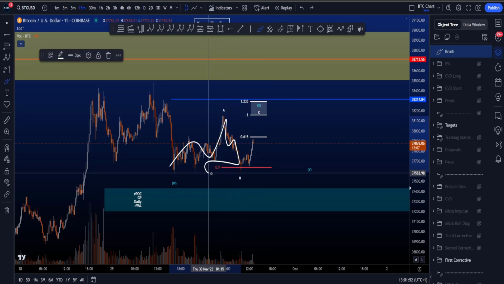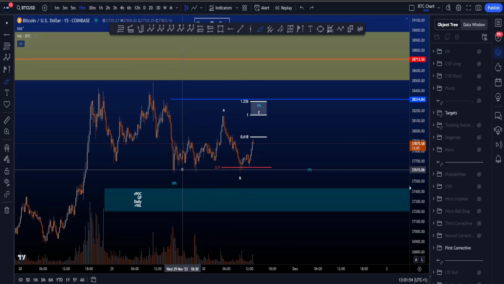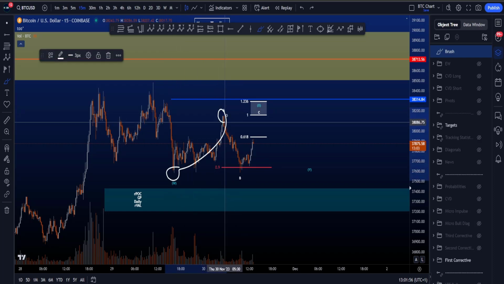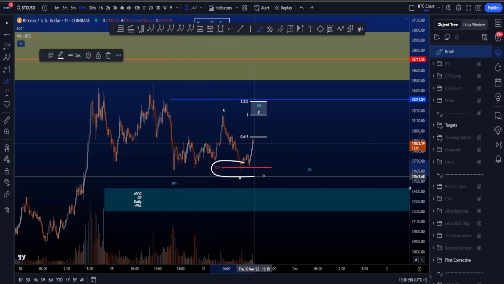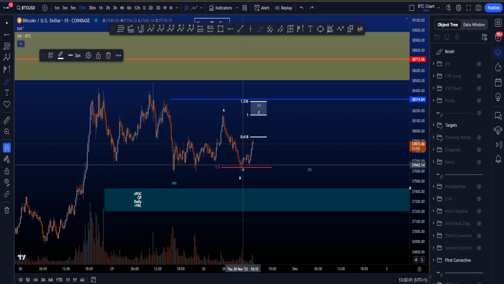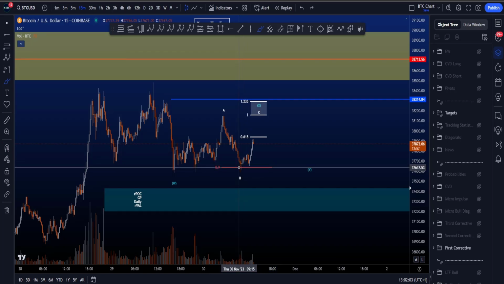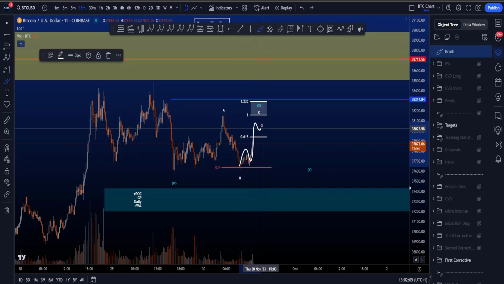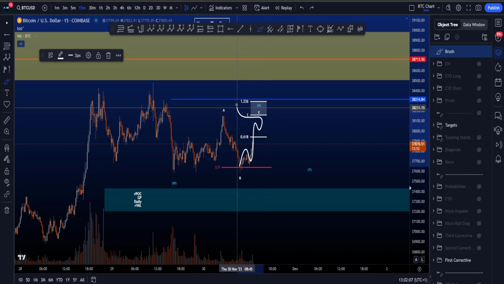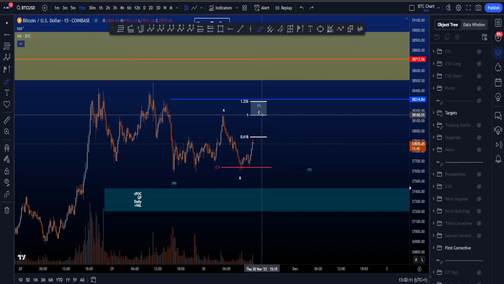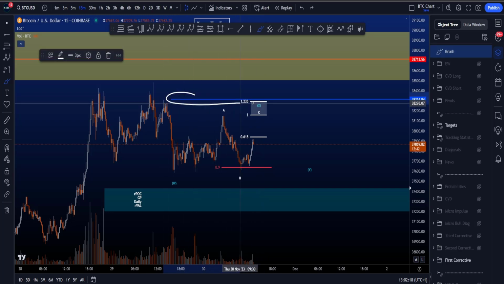zigzag in a wave B, reaching the 0.9 Fibonacci taken from the low of W to the high of wave A, which is a minimum target for a flat and a common target for a regular flat, after which we then expect a 5-wave impulsive move to the upside in a wave C, where the most common target for wave C is between the 1 and the 1.236, which is between 38.1k and 38.3k, which is also just below the